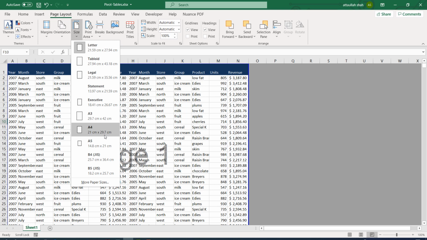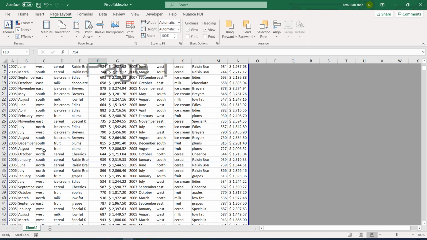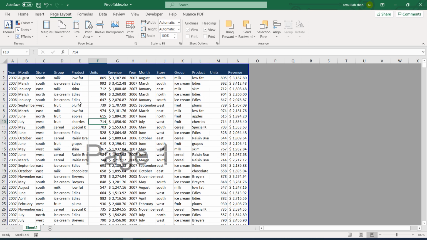And we also have other sizes. For example, legal has a much larger vertical space. The vertical space is 35 centimeters. So if I click on that, now we have more rows that can be printed on the same document.